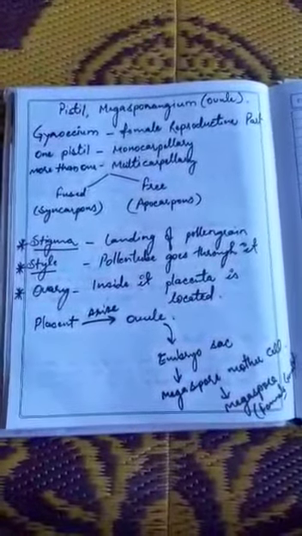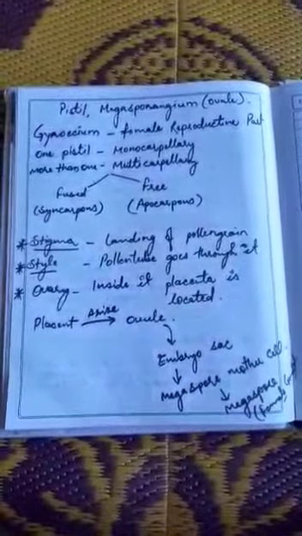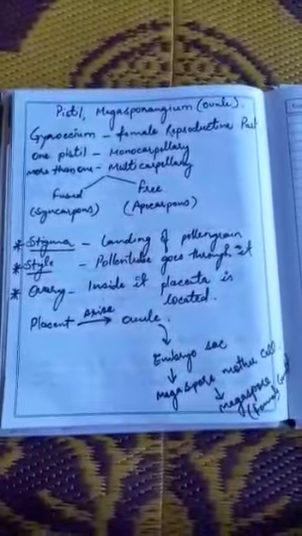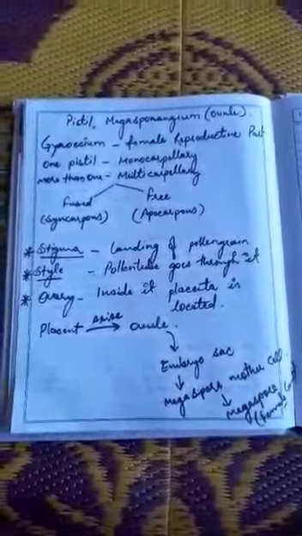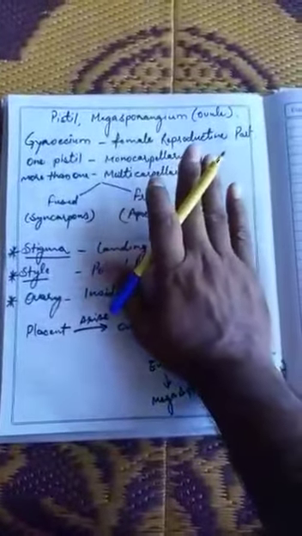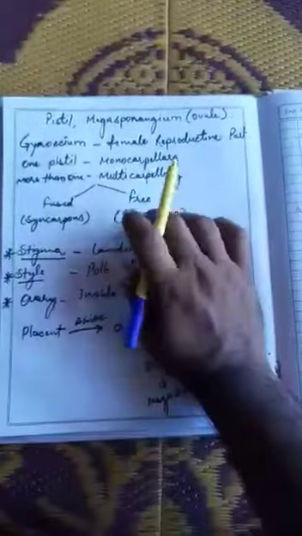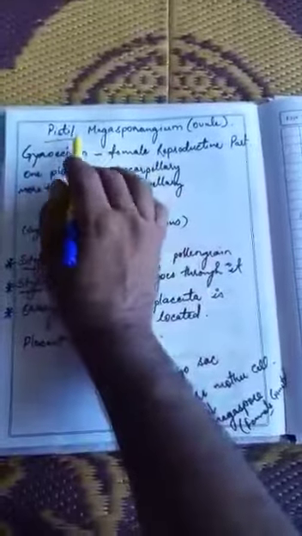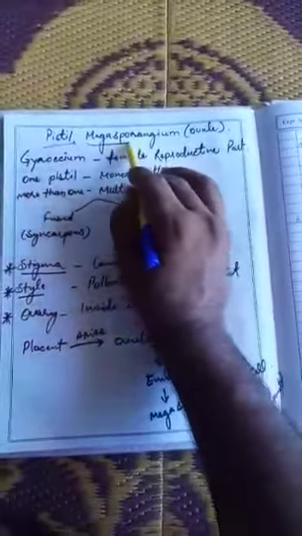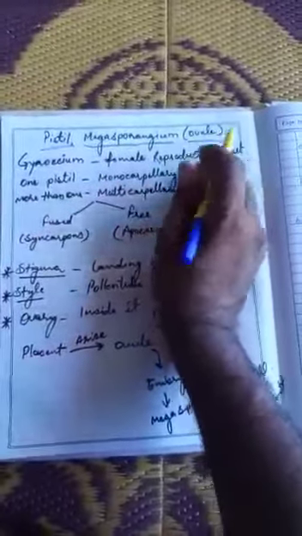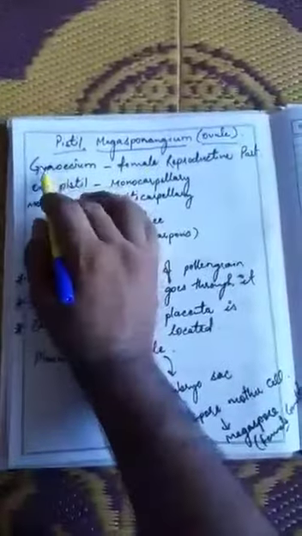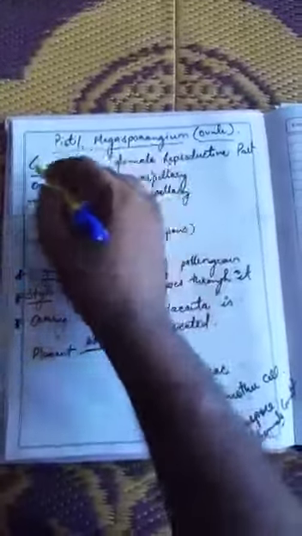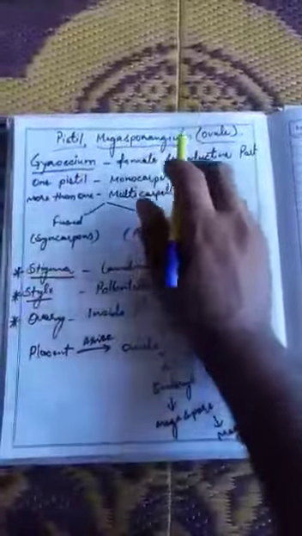In the previous section, we studied the male reproductive part of the plant, that means anther and filament, the entire stamen. Now we are going to talk about the female reproductive part, the pistil, of the flower. The female reproductive part is also known as pistil, and can also be called megasporangium or ovule. The female reproductive part of the plant is known as gynoecium. So we are going to talk about all these.